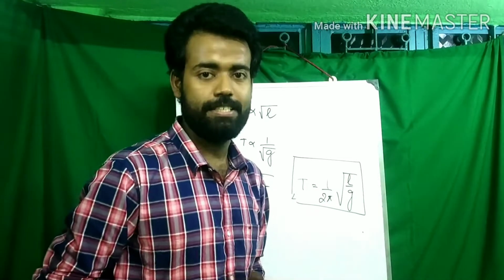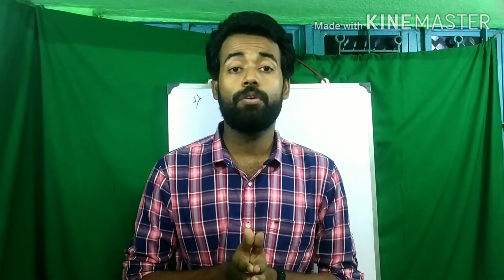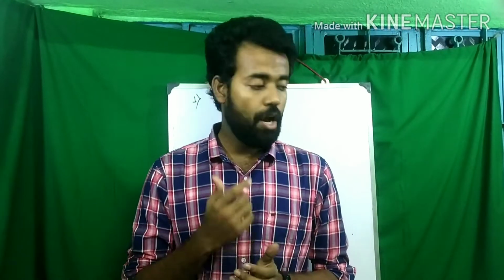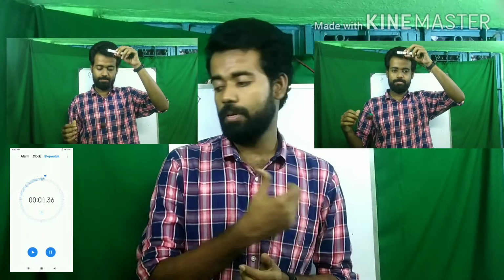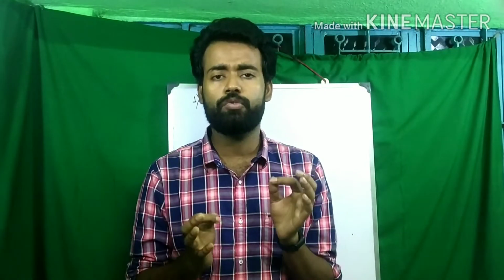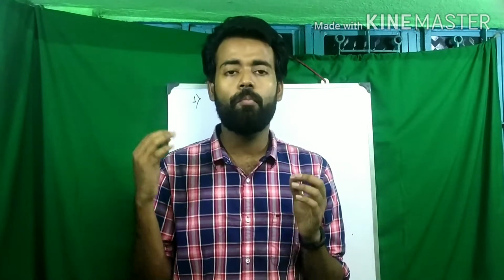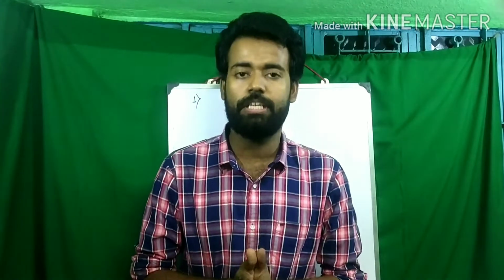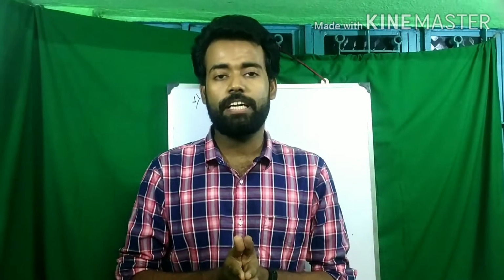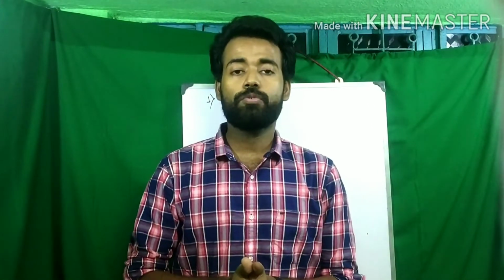Our next factor that doesn't affect the time period of a simple pendulum is the extent of swing. Here I have provided one video as well as another video. All of you follow that in both the cases the extent of swing is different. In one case I have given it a little swing, in another case a bigger swing, but in both the cases you can see that the time it takes to make 5 oscillations remains the same. So from here we can conclude that the extent of swing doesn't affect the time period of a simple pendulum.